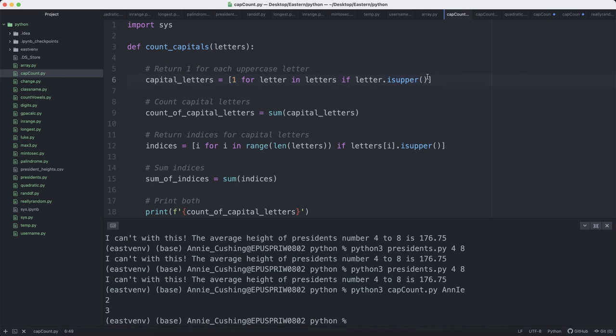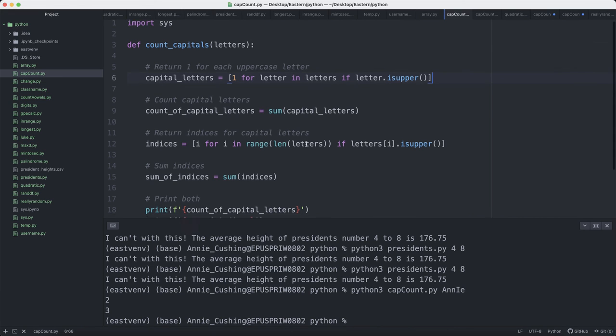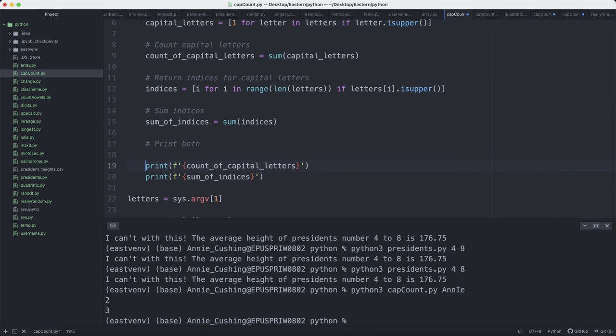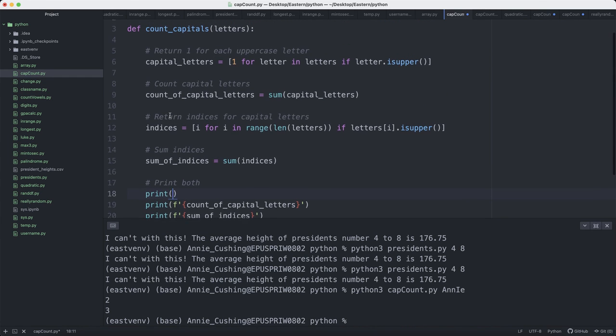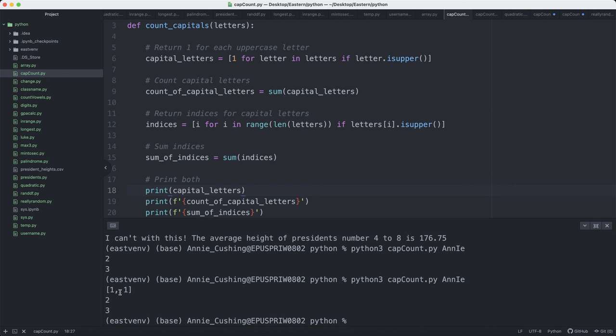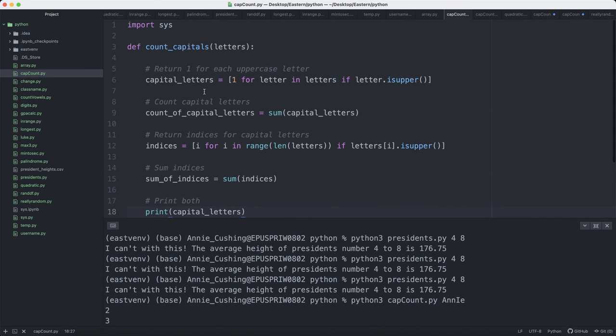And so if I just print capital letters, I'll just go in here and I'll say print capital letters. This is just going to be a list of ones. See? So then in the second step, because it just returned a 1 every time it came across a capital letter, and I have 2 capital letters,